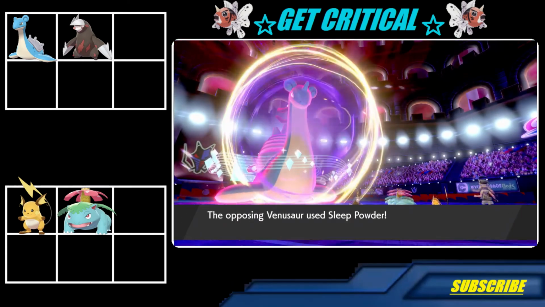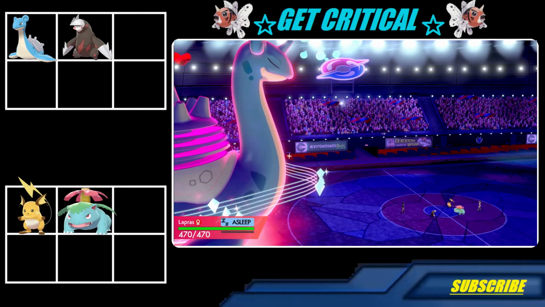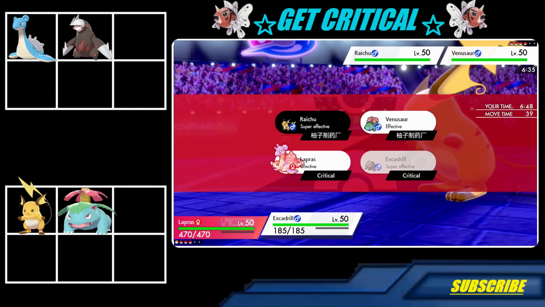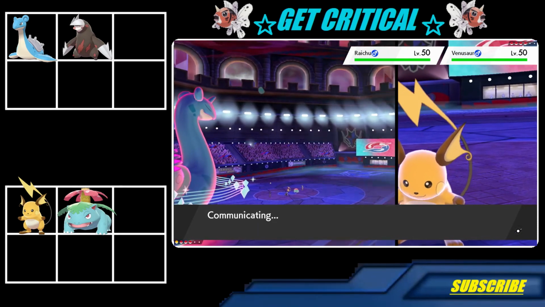So he does do that, and unfortunately his Venusaur is going to be able to land a Sleep Powder. I was hoping he'd just go for a Giga Drain, trying to get off some damage right off the bat. Unfortunately, that's not what happened. And thankfully, because of that Protect, my Focus Sash is still safely intact,